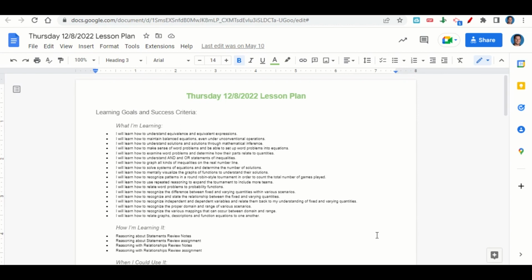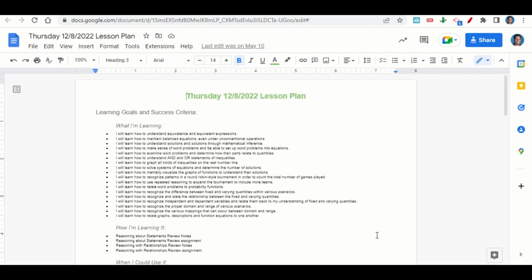a round-robin style tournament in order to count the total number of games played, to use repeated reasoning to expand the tournament to include more teams, to relate word problems to probability functions, to recognize the difference between fixed and varying quantities within various scenarios, to recognize and state the relationship between the fixed and varying quantities, to recognize independent